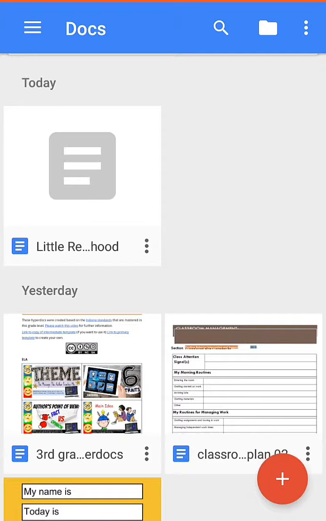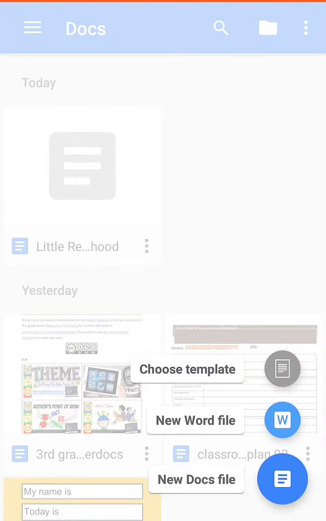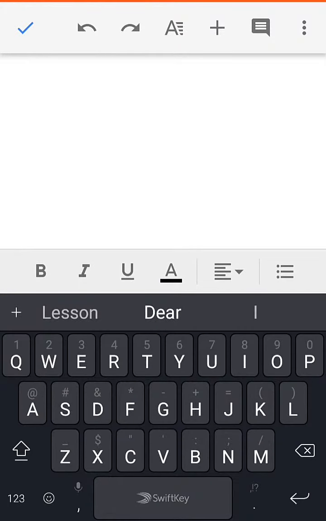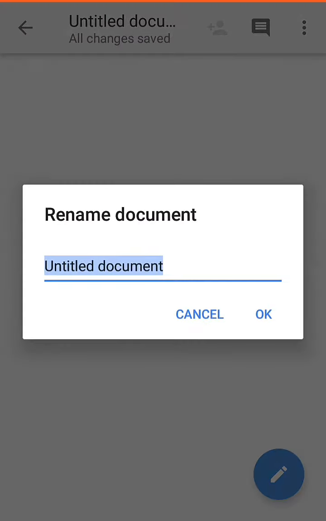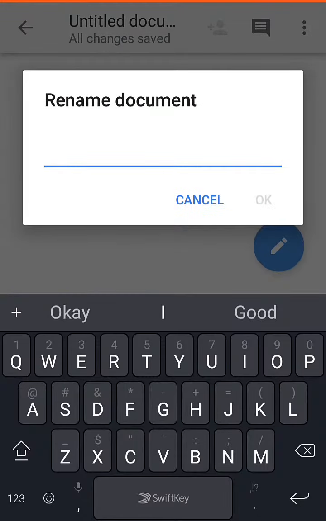So the first thing you do, you click on this plus sign. You can choose from the template, but you need to be online to choose from the template. And then you can choose a new Docs file. You could choose Word file if you like, still the same thing. And the first thing you do is to rename your document and call it